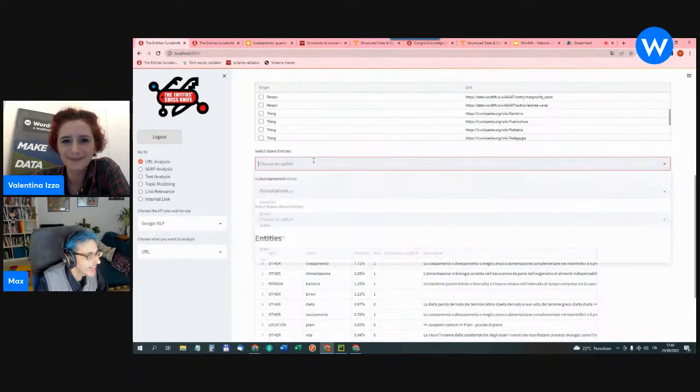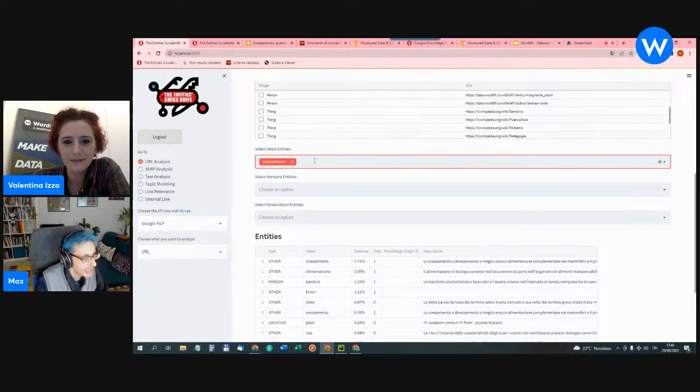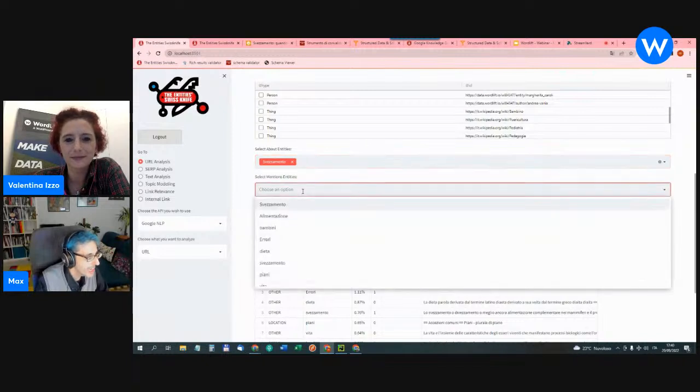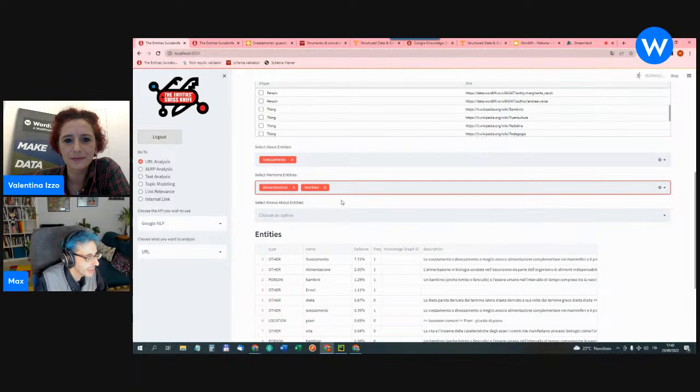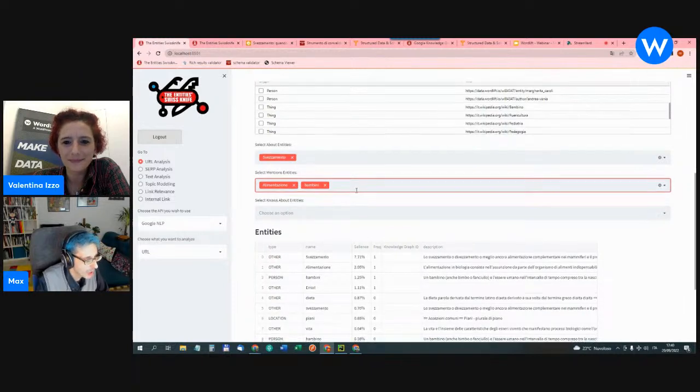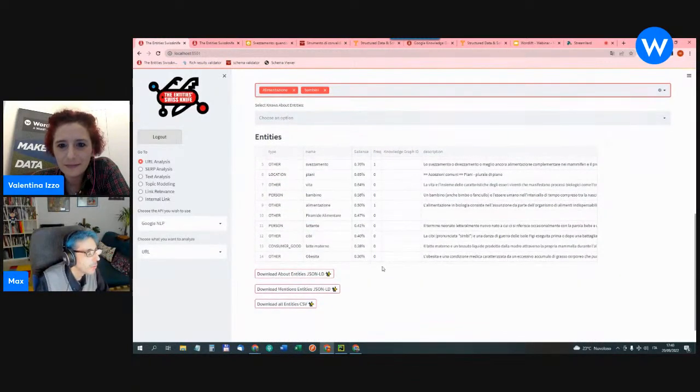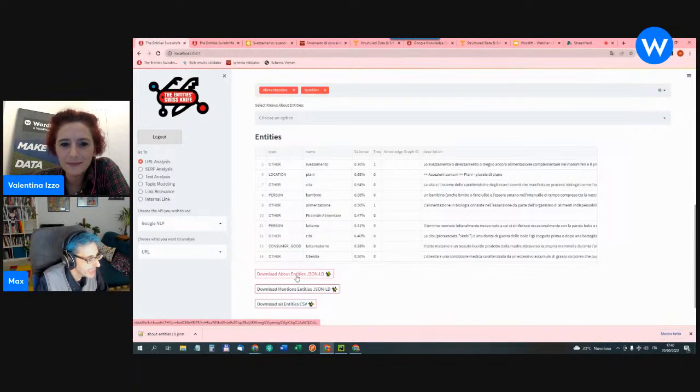So we can check our entities. They are ordered by salience. So for sure, the first one is the one to be injected in our about property, and we also can choose some entities for the mentions property. When we choose them, this button appears to download the entities,